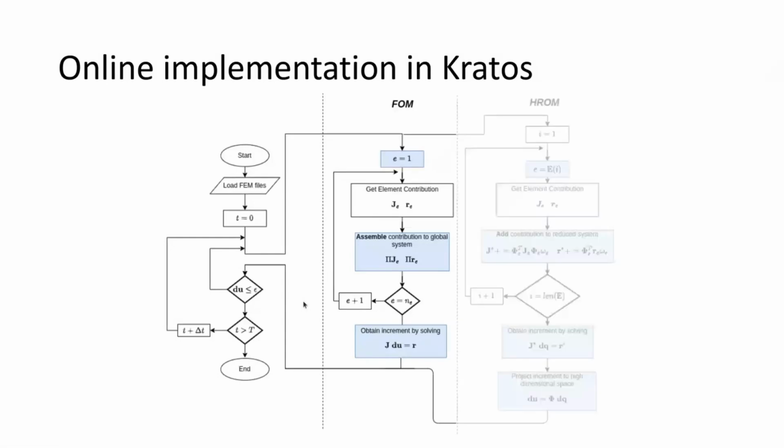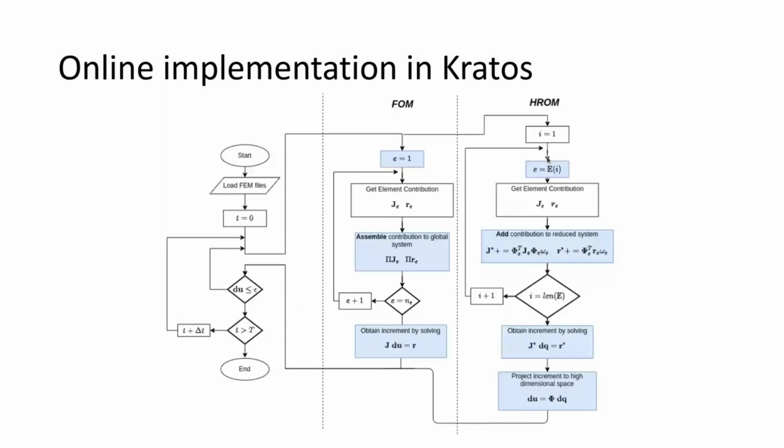What I did is, of course, I only add that this loop should not be done over all elements, but only over these selected elements. I multiplied, rather than assembling, just add, but add the contribution projected and multiply by the weight. And of course, Kratos doesn't know it's solving a reduced model, so I need to project it back to the full dimensional system. And I need to do some tricks so that not every element is really updated to make it cheap. So when that is done, that's it.